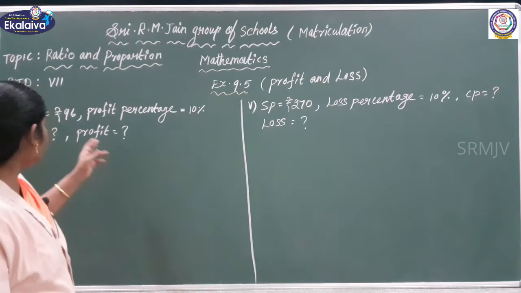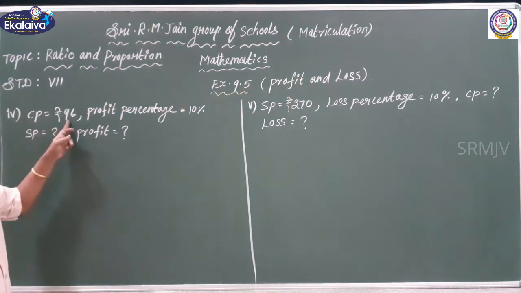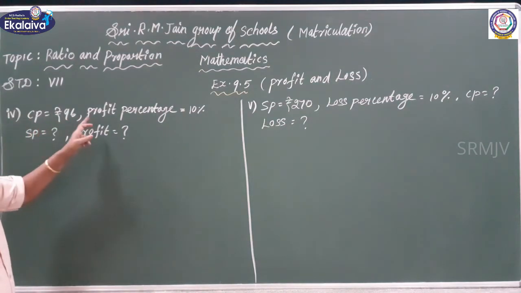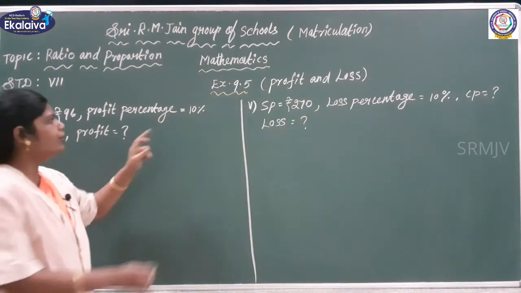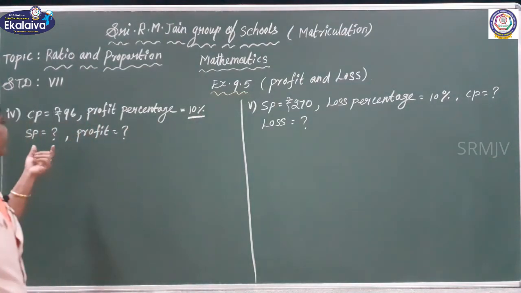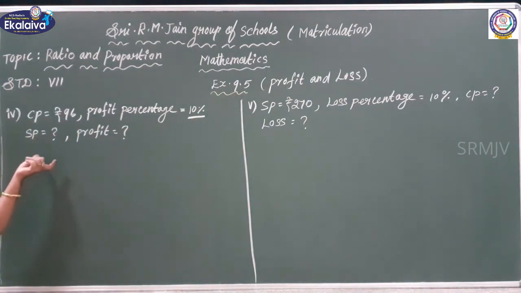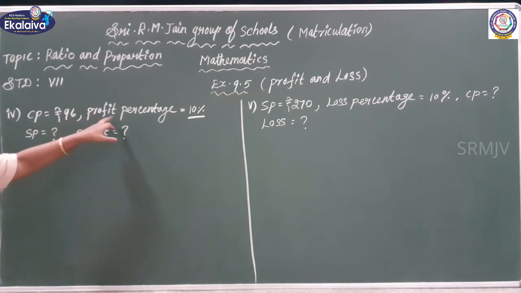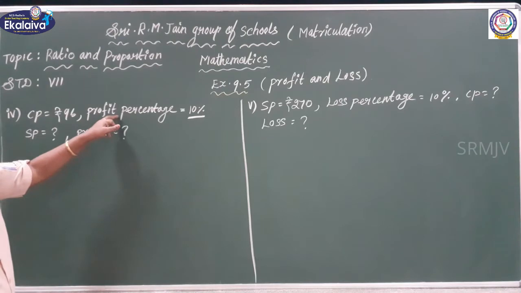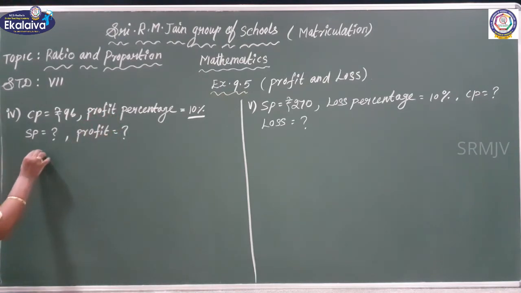The next question. Cost price equal to rupees 96. Profit percentage equal to 10 percentage. We need to find out selling price and profit. Okay. So profit percentage is given. So first I am going to take this. Profit percentage equal to